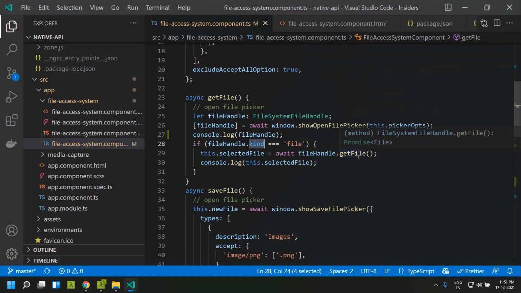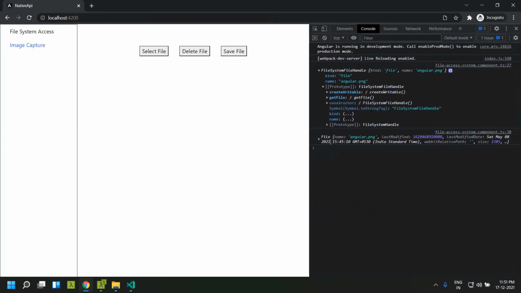We will make use of the getFile in order to get the actual file content. Here I am calling the fileHandle.getFile and awaiting, since it returns a promise of file. Once it is resolved, the selected file is assigned to this particular property. Here I have console logged this, so you can see that this is a file object.